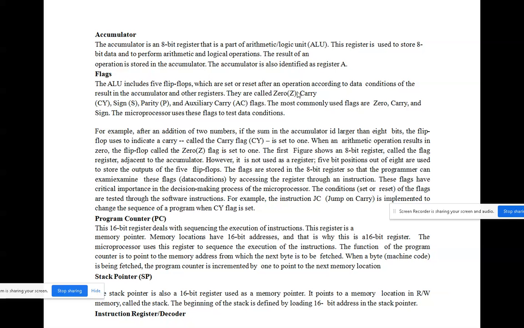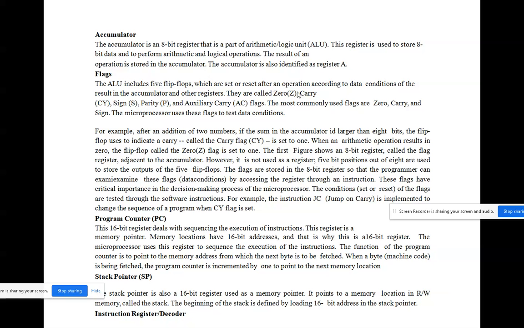Parity. Two types of parity are available, odd parity and even parity. What is meant by parity? Parity is nothing but, here everything is digitalized. Digitalized means you will be using ones and zeros only.